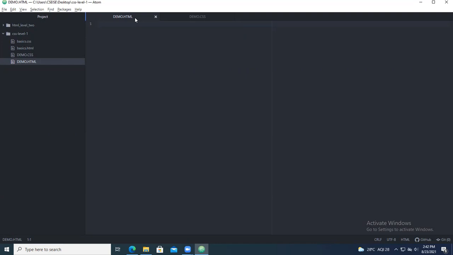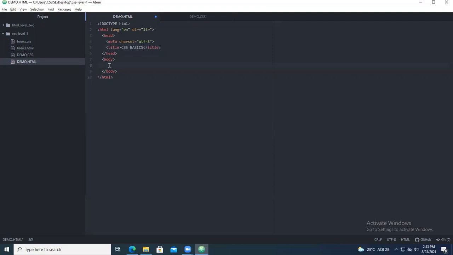Okay, so HTML. How do you create an HTML? By using the word HT, it will show you the HTML part, click on that. When you click on the HTML, the entire contents will be like this. So go for the title, give the title as CSS basics.